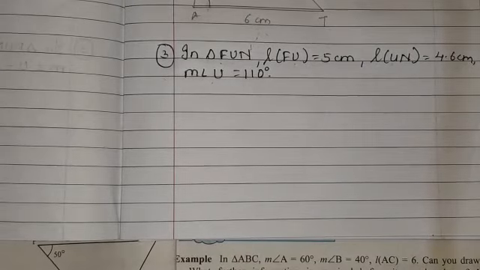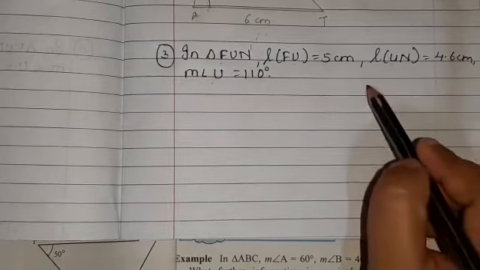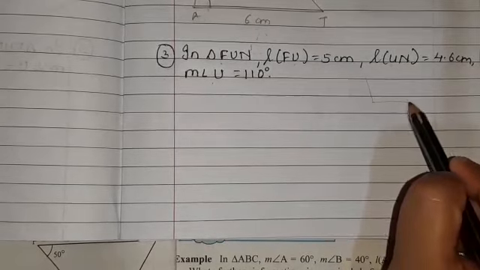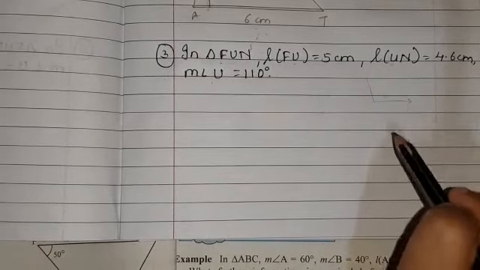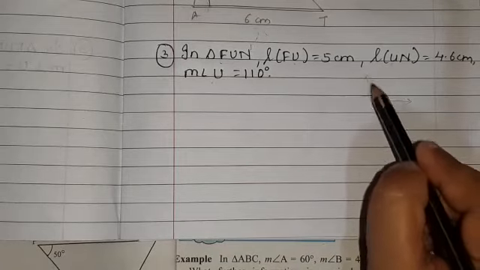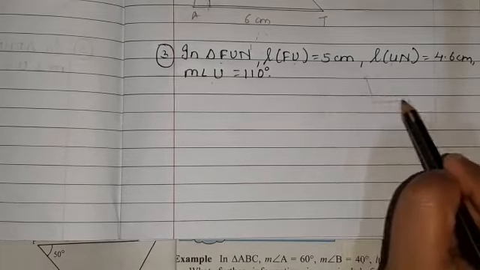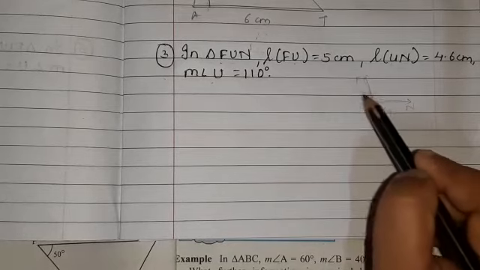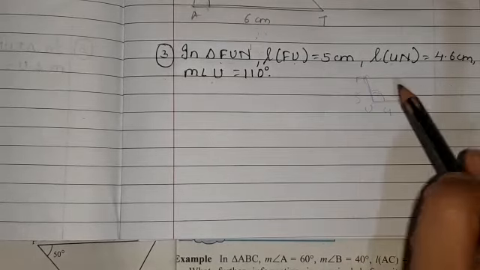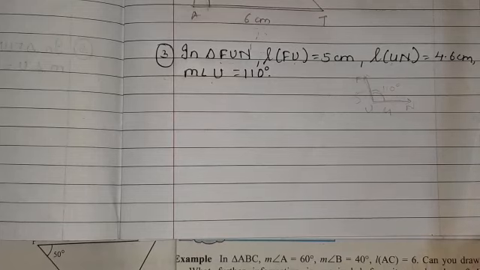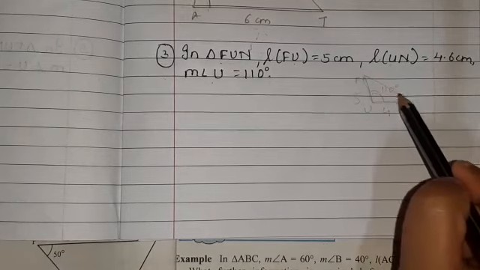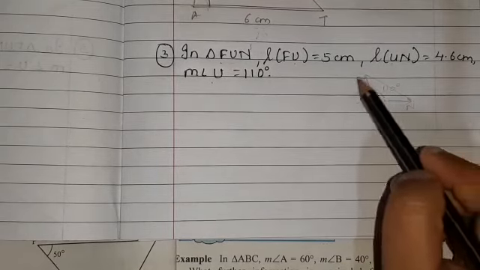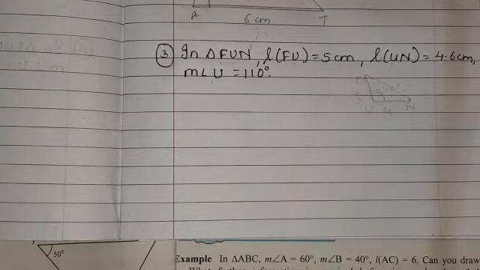110 degree. So see, suppose if this is our angle, suppose we are taking two sides, then FU and UN is this one. This is 4, this is 5. Angle included in them is 110 degree. Okay, and then we are going to join. So we will get a triangle in this way.